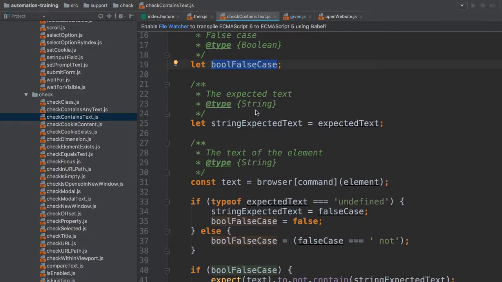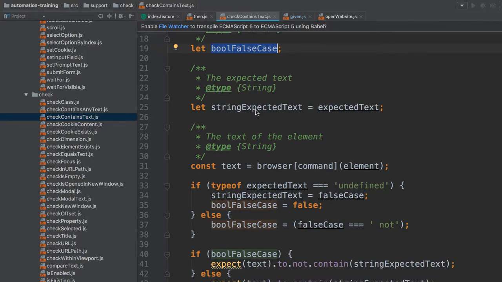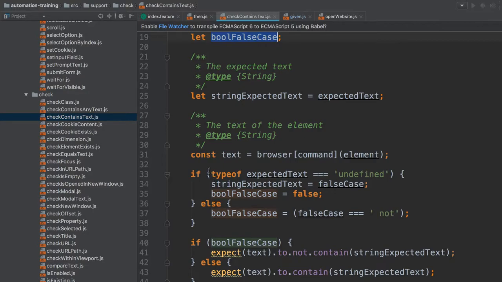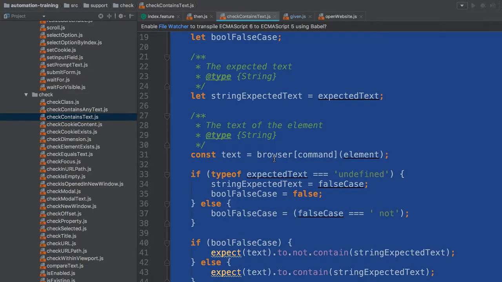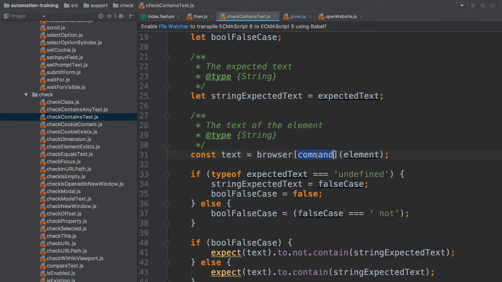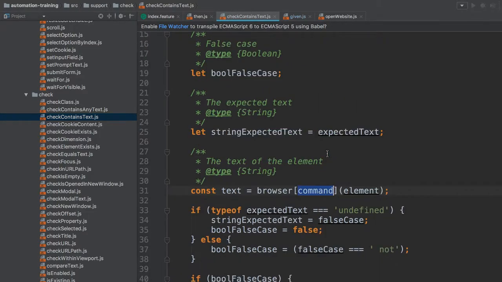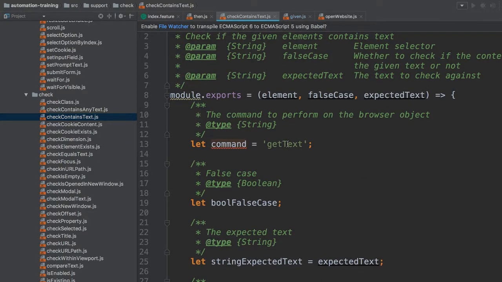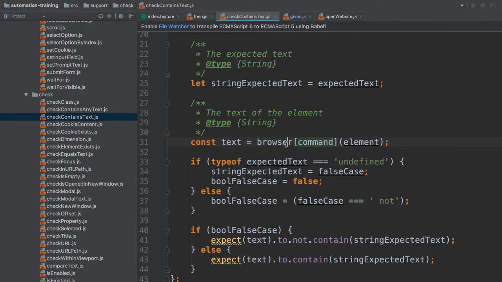This is just the assertion. They've wrapped an assertion library around it effectively. And so the important point here is we're now going to use this browser object again. We're going to do something with it with the element we provided. Now the command was the important bit above, which is get text. So what I'm going to say is browser.getText of this element, and then